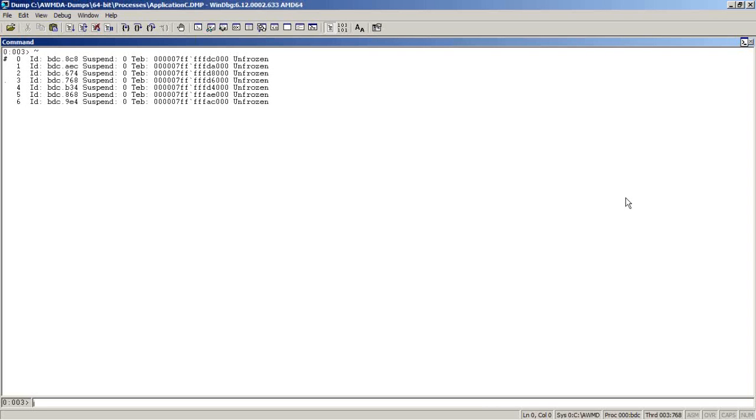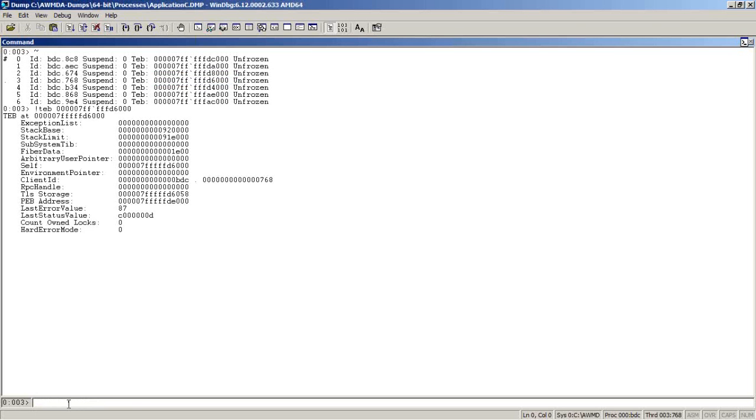The traditional approach is to use the thread environment block command and either specify an address or switch to a particular thread and then use the WinDbg command without any parameter. So let's inspect this